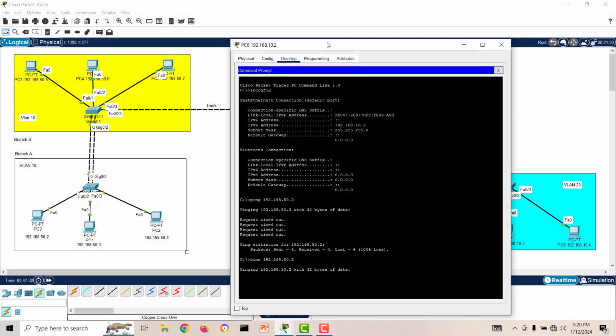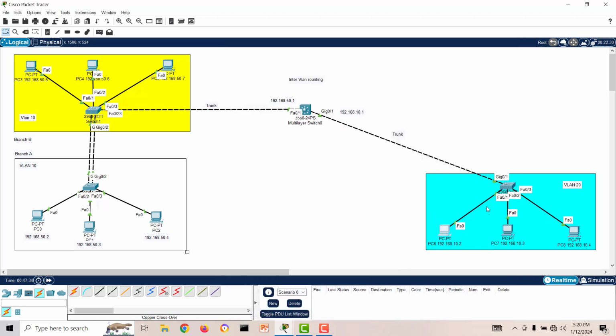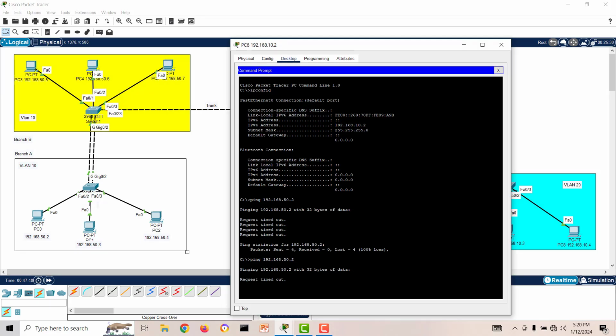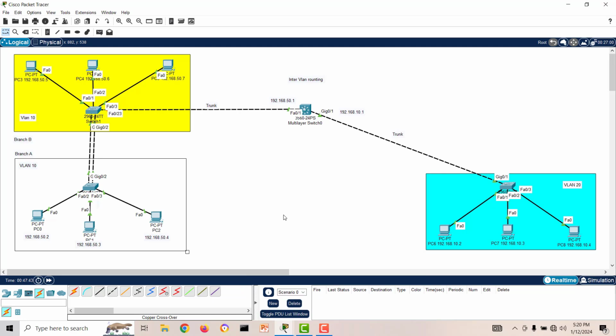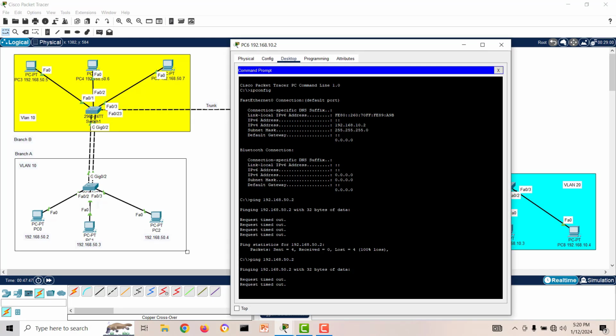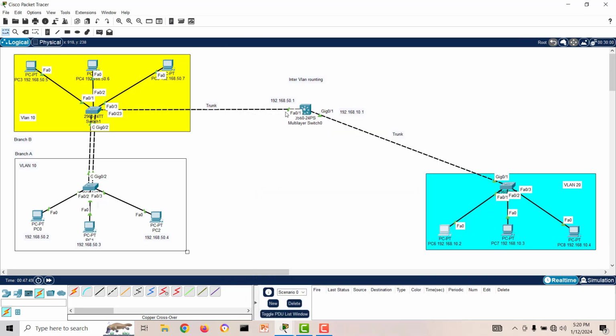I'm trying to ping from this computer all the way to this computer. Okay, still no, because first we will check if this guy has a gateway,